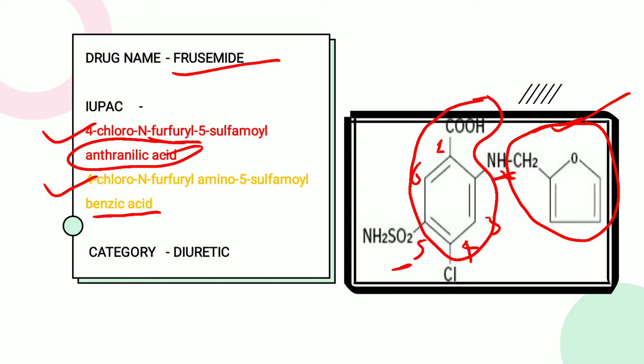So what is anthranilic acid? In anthranilic acid, on the benzene ring at the adjacent carbon atom there is a substitution of NH. So the parent nucleus is the 6-membered ring with a COOH and NH at the adjacent carbon atoms. That is the structure of anthranilic acid. Then again all the substitutions are the same. For the N substitution, that is the furfuryl group. Then on the fourth position there is a chloro group. On the fifth position there is a 5-sulfamoyl group, and the last is the parent nucleus, anthranilic acid. This is the structure of furosemide.